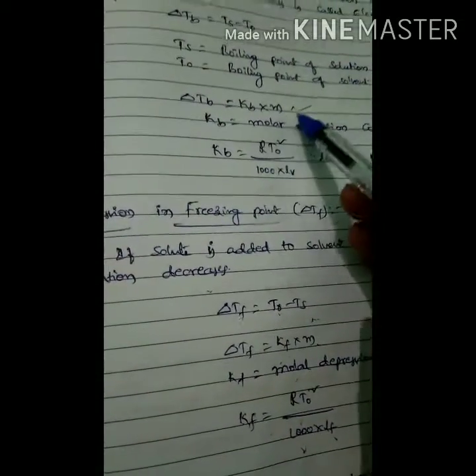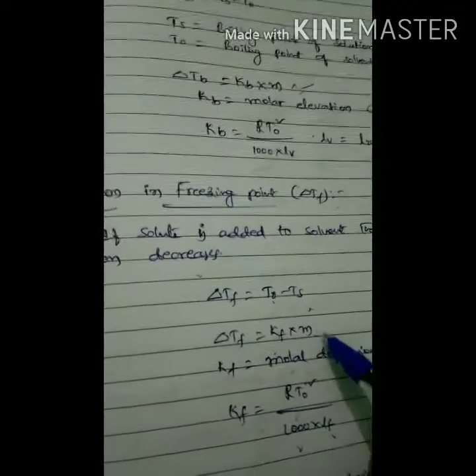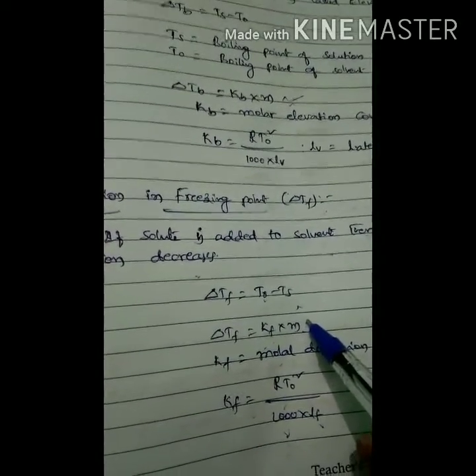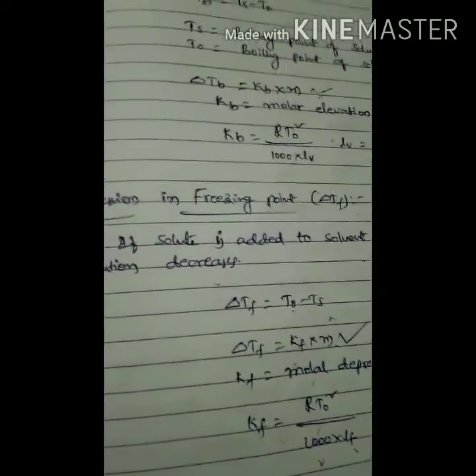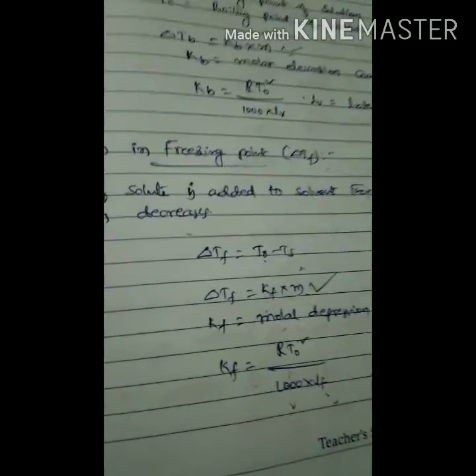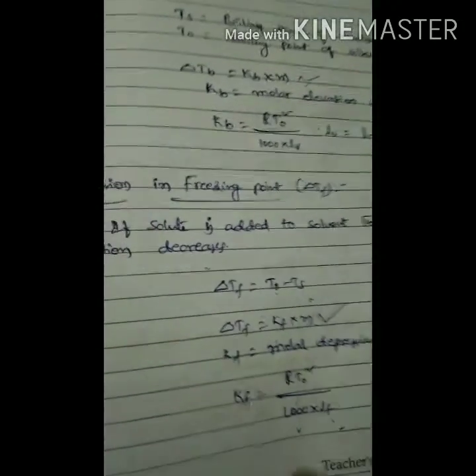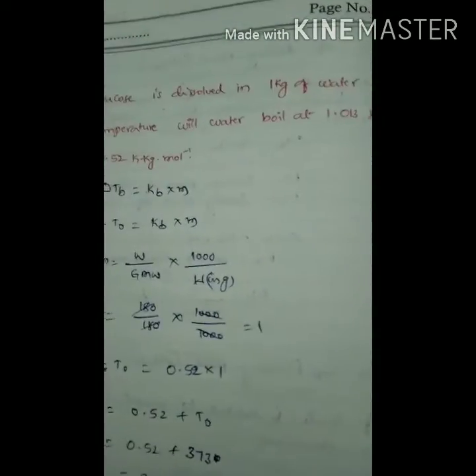This is the formula regarding CBSE level. This is also one of the important formulas for CBSE level. These two are very important. These two formulas are important for competitive level. So better to remember these two formulas at CBSE level. Next one. Based on this, some problems are given. That is, first one.